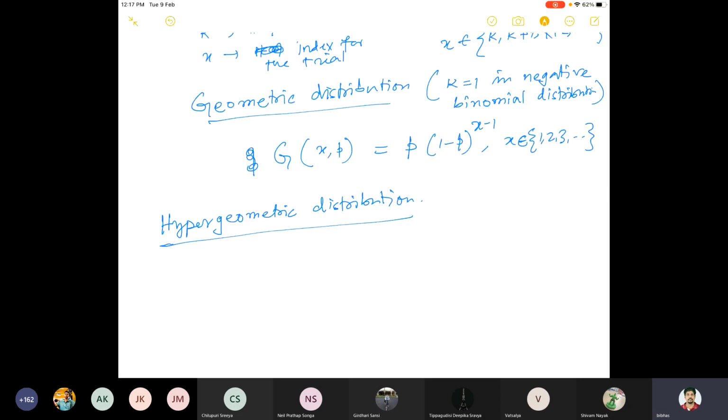It is related to binomial in some sense. We'll talk about why it is related to binomial and in which sense. But you can assume for the time being that in the binomial distribution, we talked about repeated trials which are independent. Here you can say that the first assumption is the trials